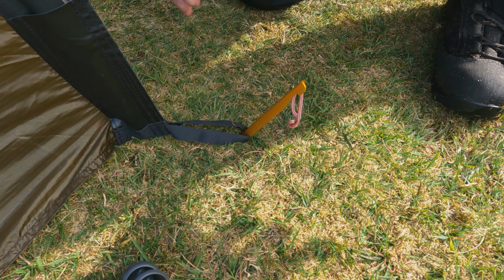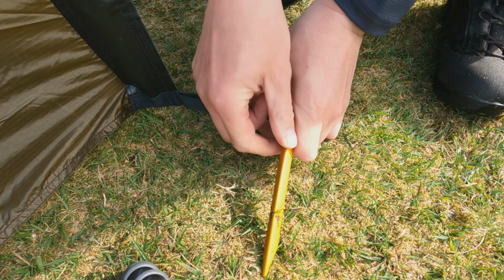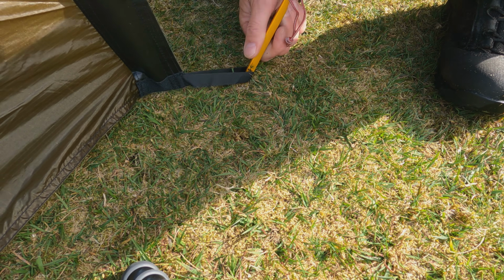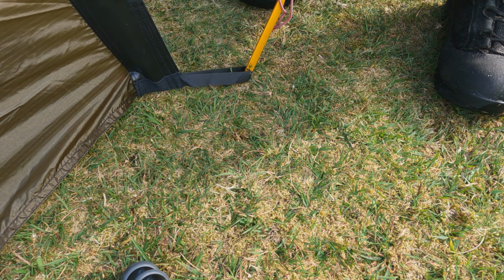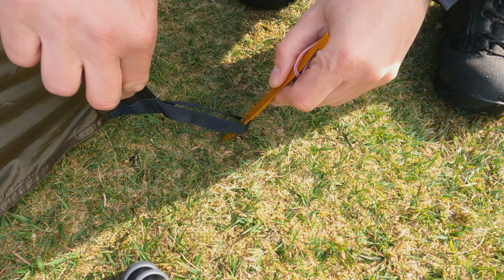So you might want to maneuver your tent around. You might have to move the whole tent, pick it up and move it in order for that to then be driven all the way into the ground. And of course, the age-old problem then crops up. One of the other tent pegs that was able to be driven all the way into the ground has now been moved over to a rocky patch of ground and can't be driven in,